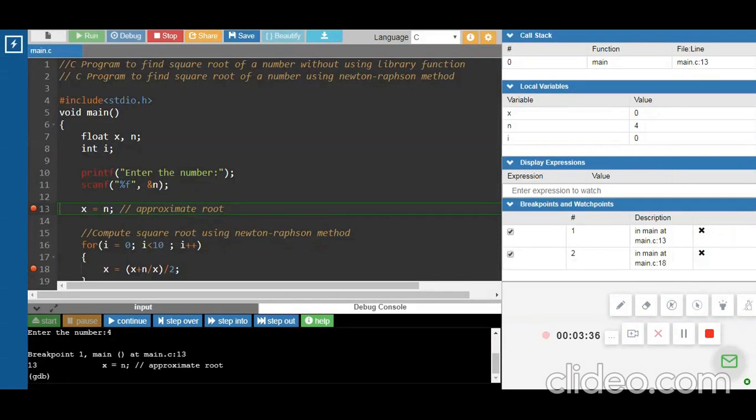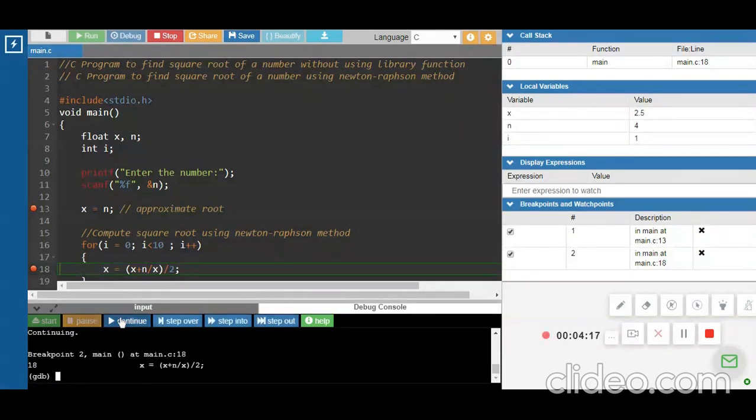I have entered the number 4, so that is the reason n is assigned the number 4. x is 0 as of now, i is 0 as of now. Then the next statement to be executed is x equals n, which is shown in the green box. So now x has become 4, which is the approximate root I've selected as the original number.